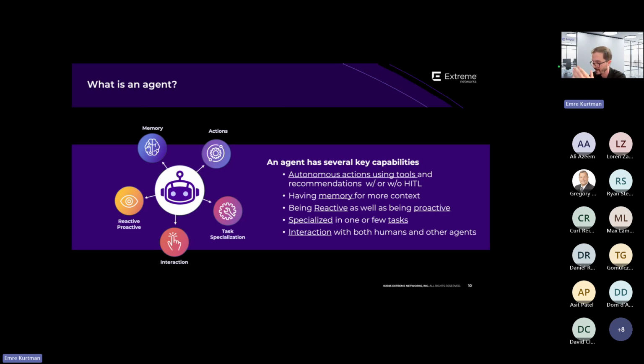With the upcoming agents, they will have the capability to be proactive, where they will run in the background 24/7 and let you know in case something happens. And with multiple agents, obviously you will be interacting with them, but they can also be interacting with each other, even if you don't know about it.